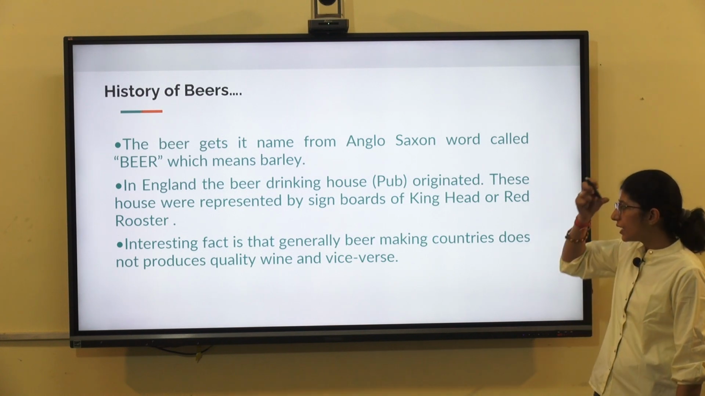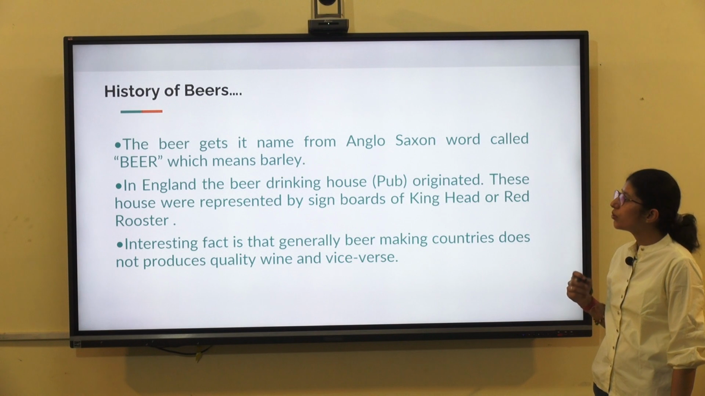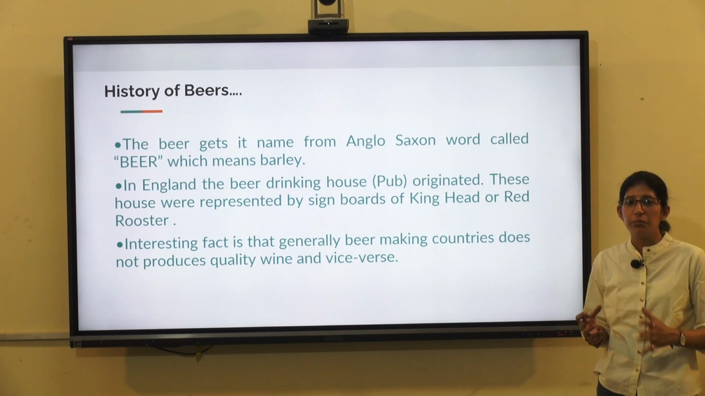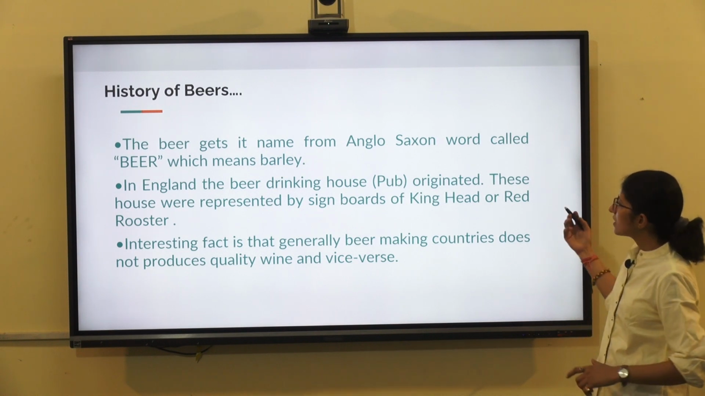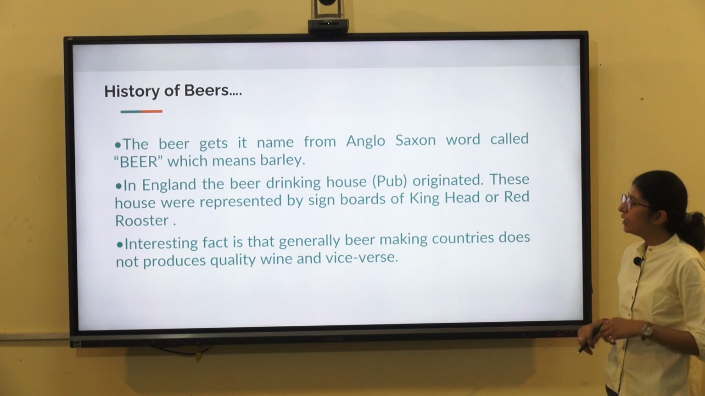Followed by that, in England, beer-drinking hubs or pubs originated, with signboards representing the king's head or king's rooster. Interestingly, there is a beer